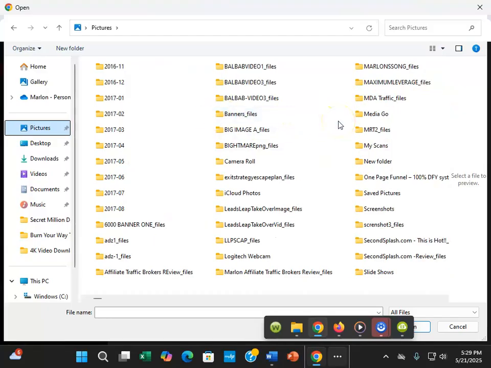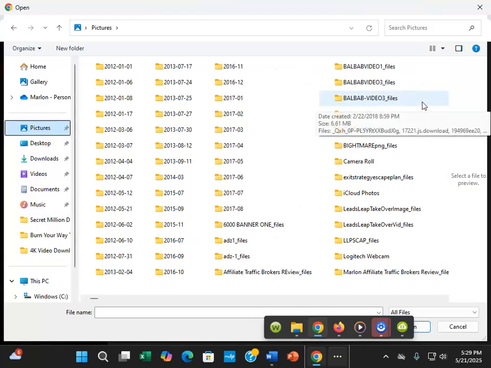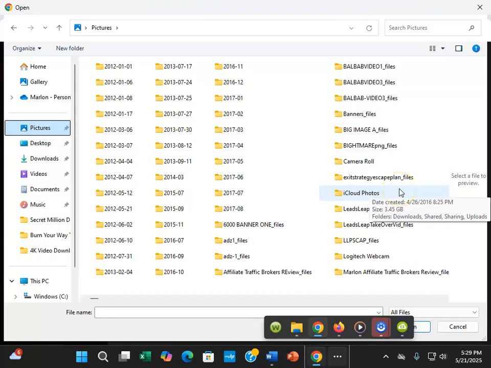Normally, I'll just pull the images right out of my Leads Leap. You got a place where you can keep banners. And I'm not seeing my Cash App image, but I have an image for Cash App, but I don't see it. Let me see, can I find it like this?